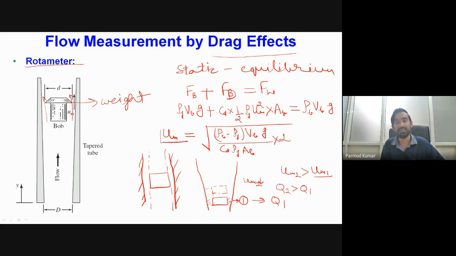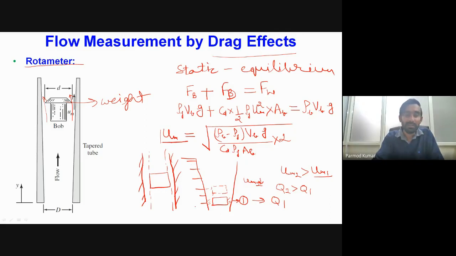Okay, so this is the purpose of maintaining this taper. Generally, the taper is selected in such a fashion that whenever we get a scale of flow rate, we place it over this tapered cross section, because corresponding to each flow rate we will have some specific location of the float. So this taper angle is selected so that we have a linear scale of the flow rate in the vertical direction.